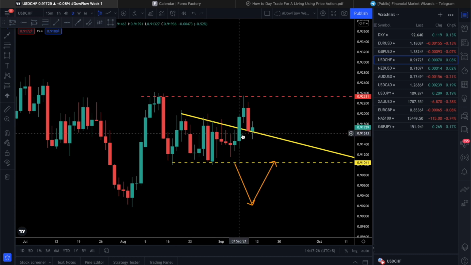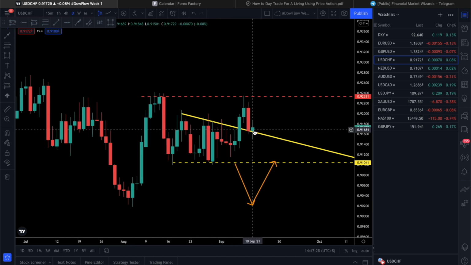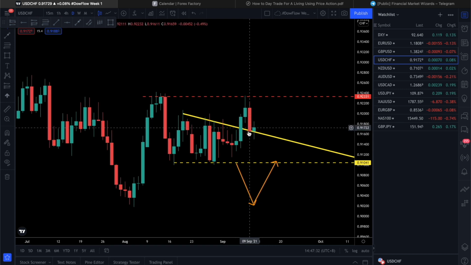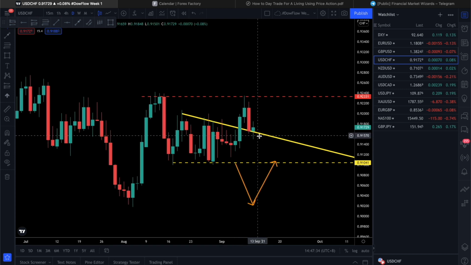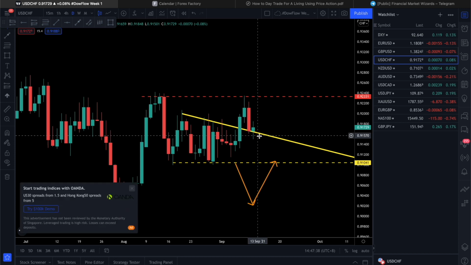So right now price has just retraced back to this descending triangle, this descending trend line right here, and this candle right here is a doji candle. So a doji candle represents indecision. Now indecision doesn't mean that you should already act on it. If price did something like close higher, that would be a pin bar, and a pin bar is actually stronger. Right now this is a doji, so I would say that you have to be a bit